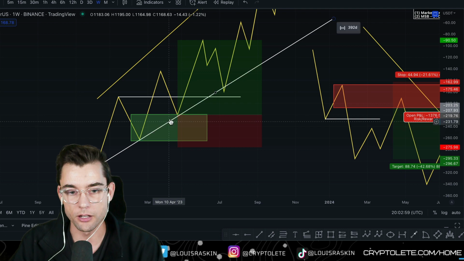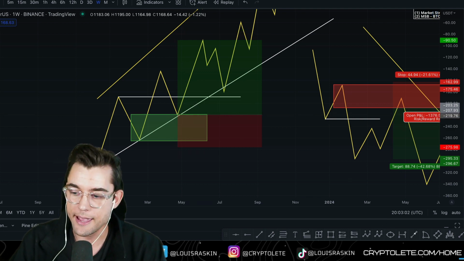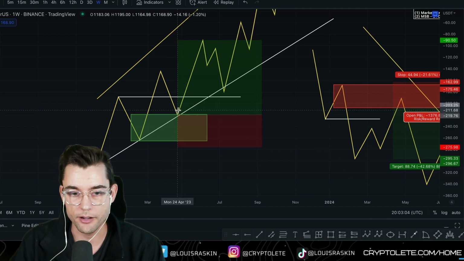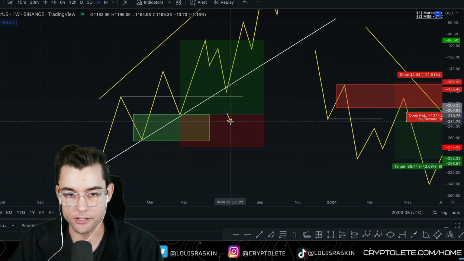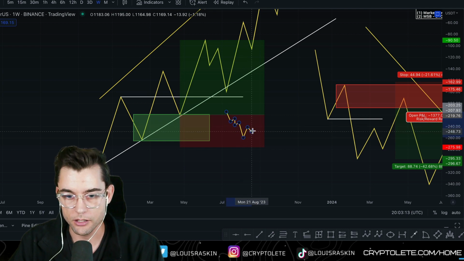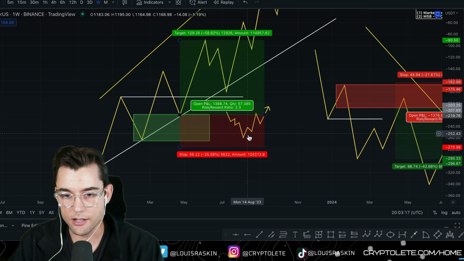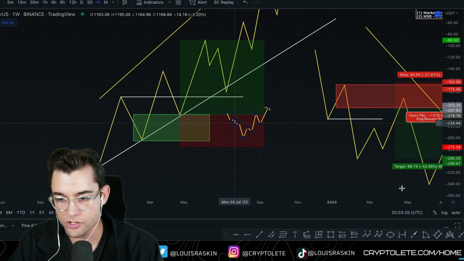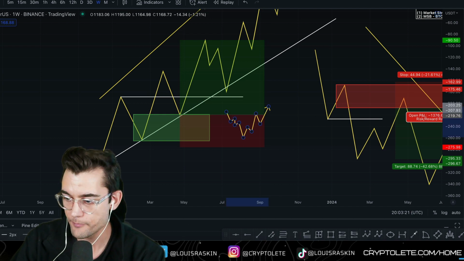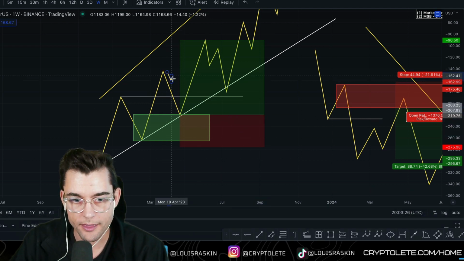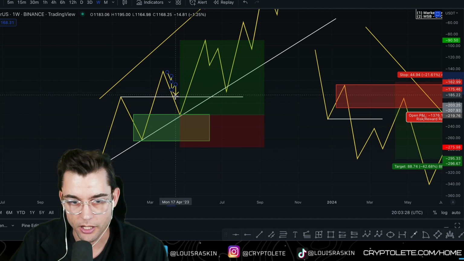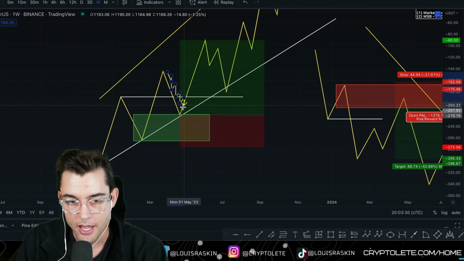What you could do is set alerts in this area. And if you see the price come down into this area, and let's say on the 1 hour time frame, it's coming down, it's coming down, it's coming down, right? And then you see it do something like this. Okay, you see that it changed course. So if I get rid of that, I could do something like this. It's doing this on the lower time frame, right? It's going up, down, up, down, up, down on the lower time frame. Eventually